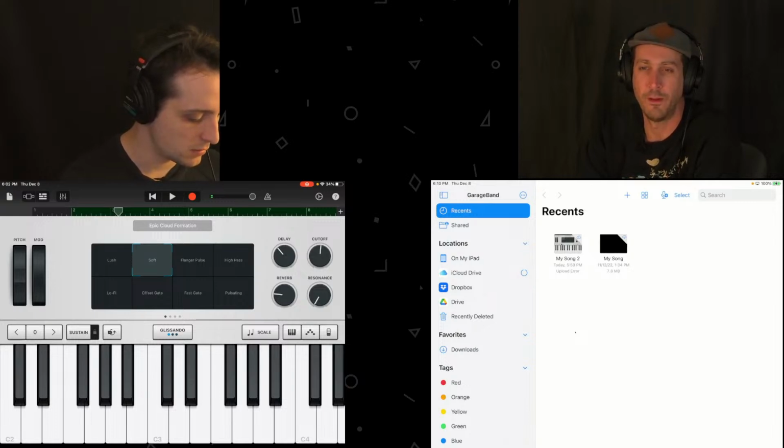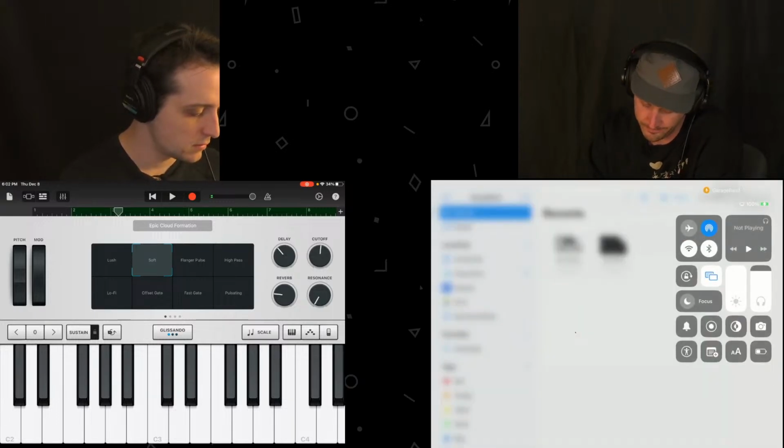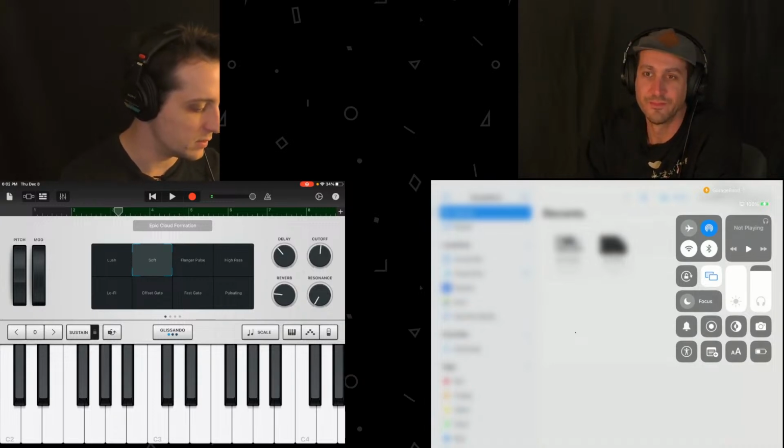Okay. That might just be to do with the magnetic cover though. It does have a timer on it, so I just set it to never. It was set to 2 minutes, and it was definitely going to sleep. That's what it was, yeah, for sure. So I've got to turn back on my